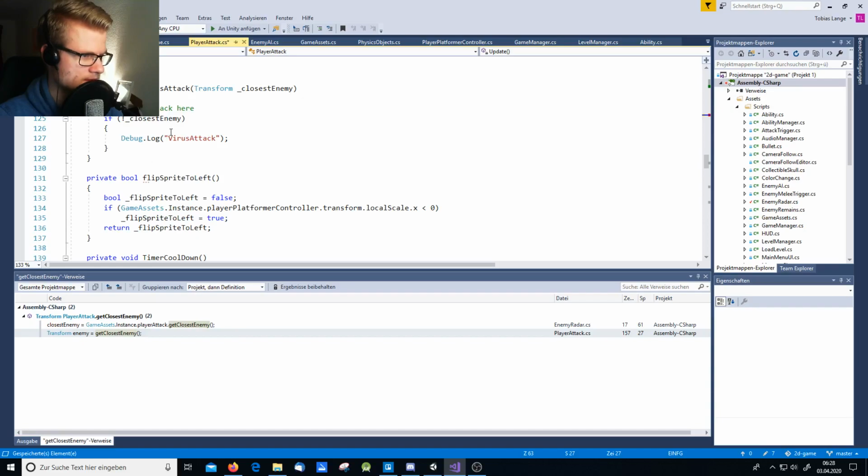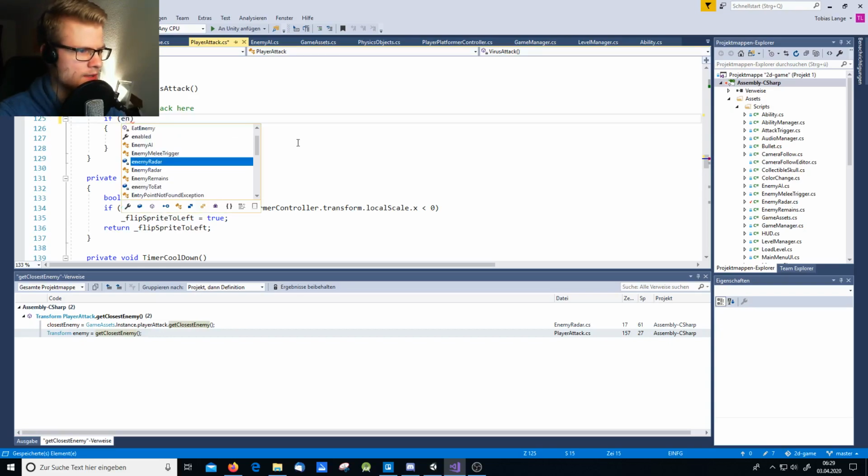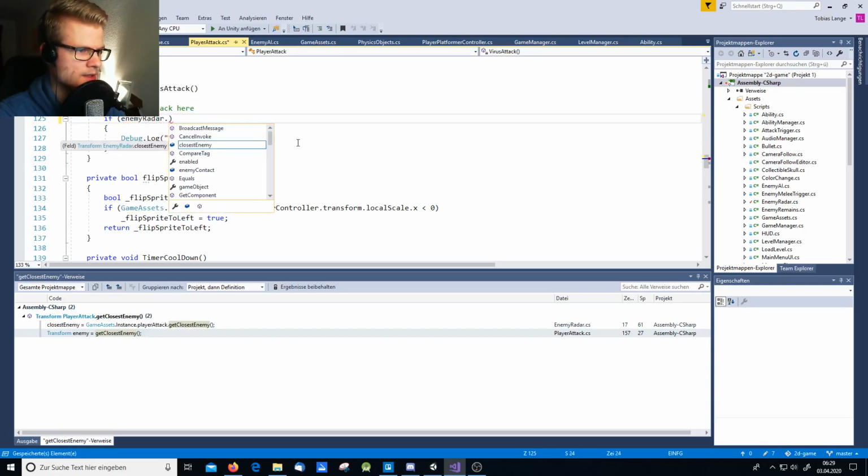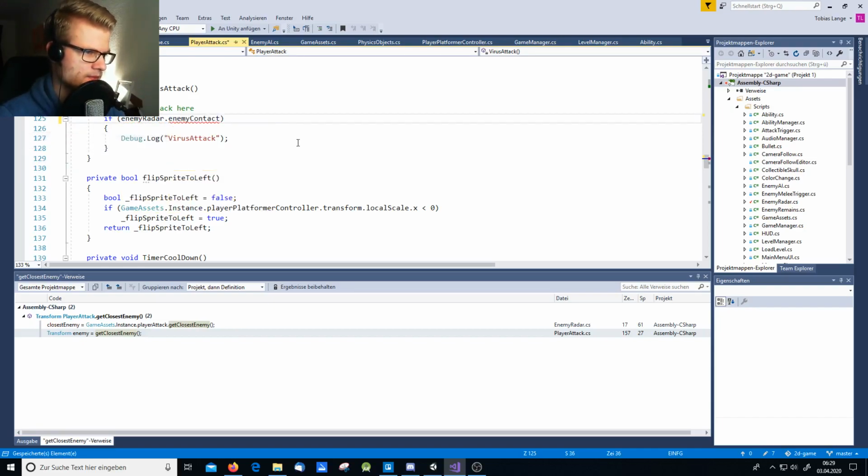Spit attack, virus attack, there we are. And we're not passing this argument in here. So if enemy radar dot enemy contact is true, then we debug the log the virus attack,